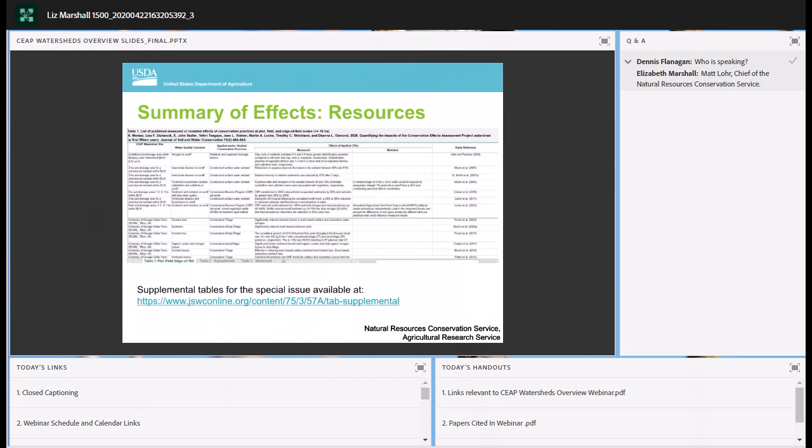So as part of the CEAP spatial issue overview paper, we compiled, as Lisa said, a list of, to be specific, 119 CEAP studies and summarized reported impacts of conservation practices at 3 spatial scales. These summaries are published online as a resource presented in supplemental tables, which are organized in the format shown in this screenshot. These tables can be accessed through the link shown in this slide,